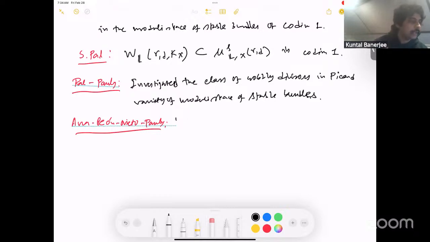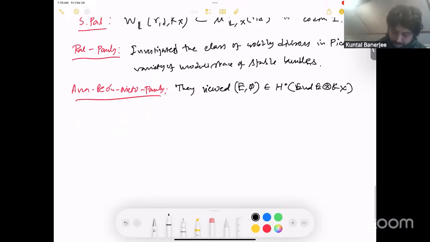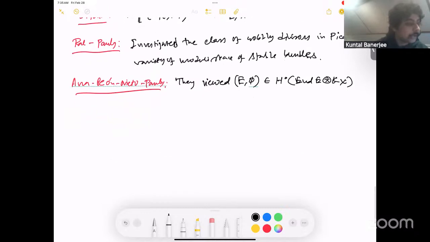So they invoke the Higgs bundles into the picture. They viewed Phi as a global section of n times the canonical line bundle, and they said that